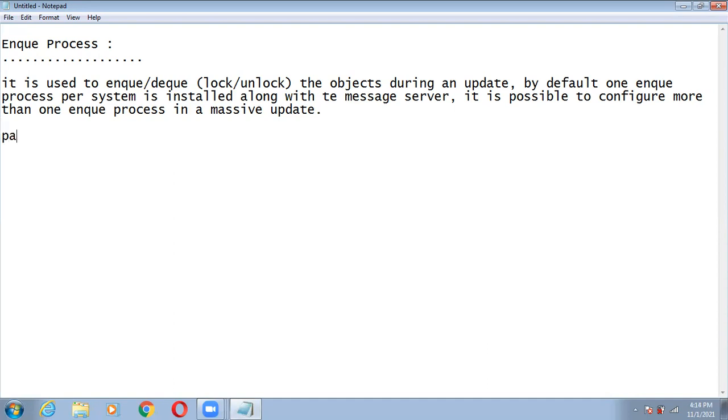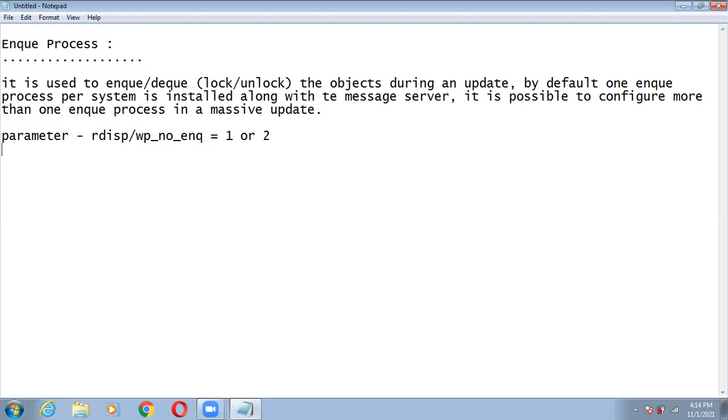So now the parameter. All the parameters of the work process start with rdisp/wp_no_enq. So it is either 1 or 2.